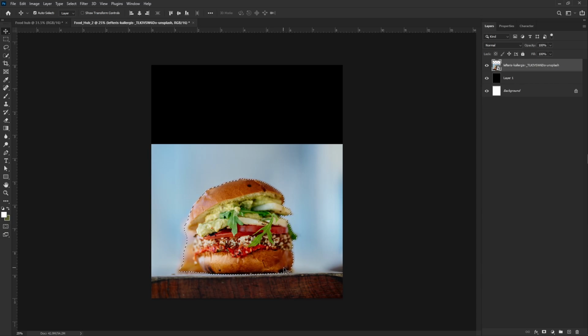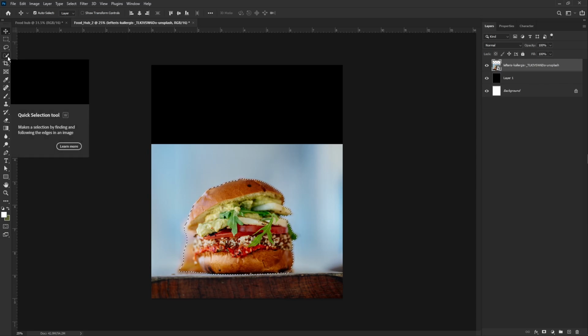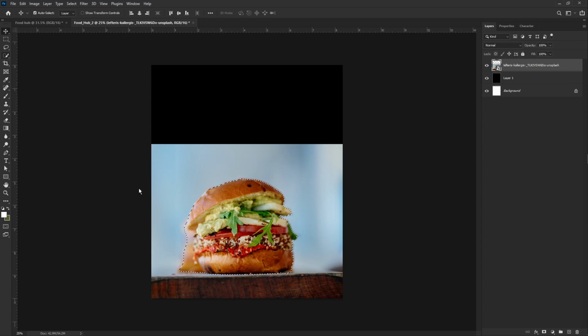But I just want to continue the selection, even to select this wooden part. So I'll use a tool which is called the Quick Selection Tool. I'll just come here and select this tool, and the shortcut on your keyboard is W. So I'll select it, then I'll just come and draw where I want to select more. After I am satisfied with the selection, I'll press Ctrl J on my keyboard so that I have a